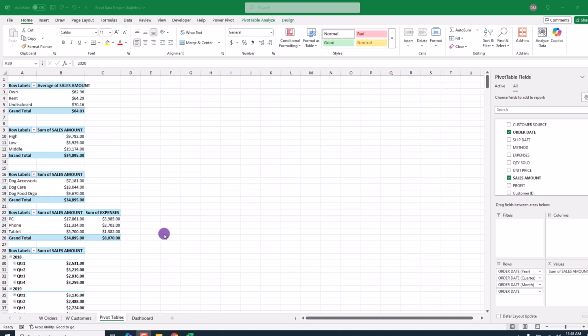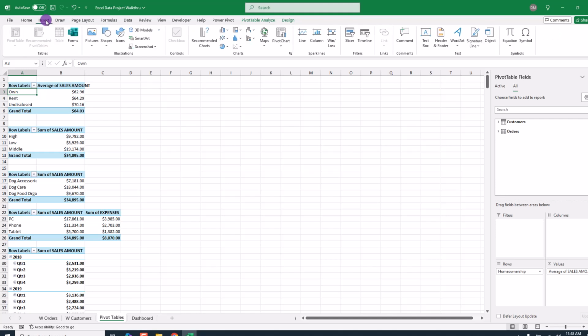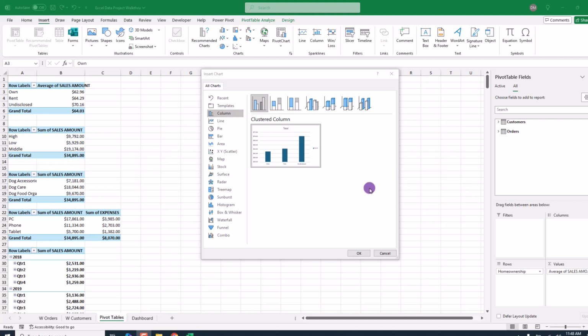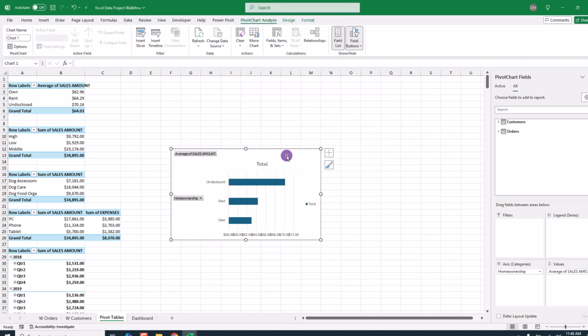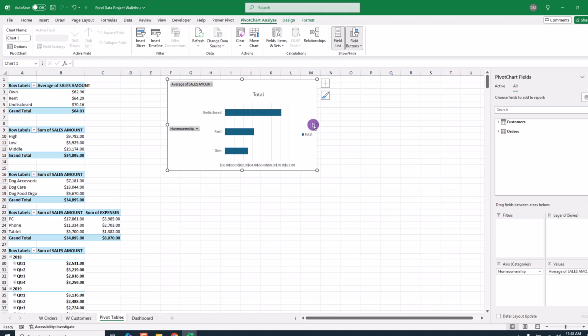Okay, so I'm going to scroll up here a little bit and let's go in and start building our first chart. Okay, so to build our chart, first let's click on our top pivot table here. And in this case, it's the sales by the home ownership status. And then we'll cruise up and click on Insert, Pivot Chart again. And which one shall we go with? What can we dazzle our bosses with today? Column? Line? No. Bar? Let's go with the bar chart. So click OK here. All right, we'll move this up here and then we'll kind of resize this a little